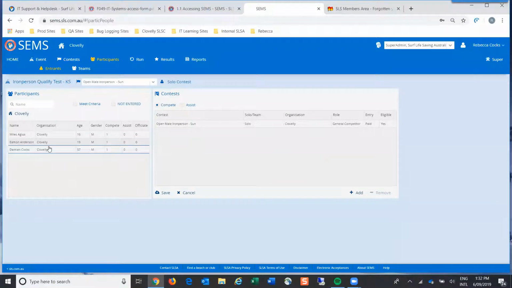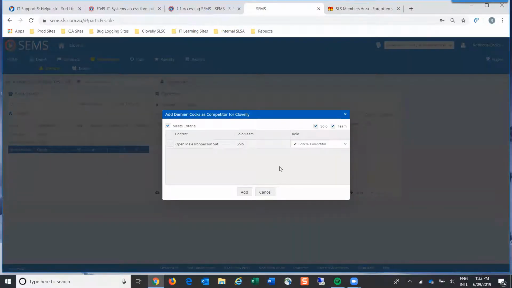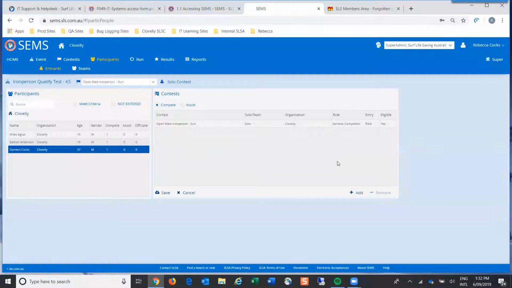Now that I've entered this one in here, I could look at any other events they could be added to, which at this stage is none, because there aren't any others. So that's just how we manage our solo contests.